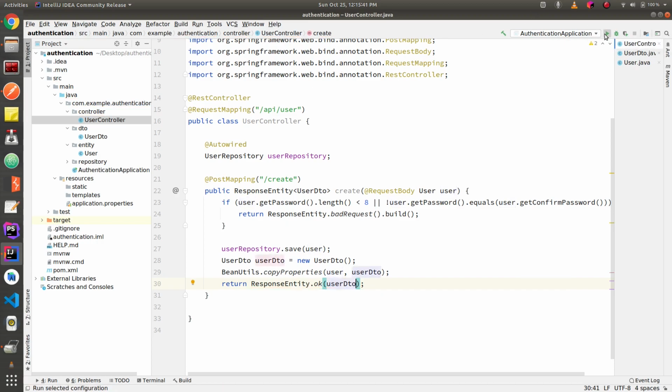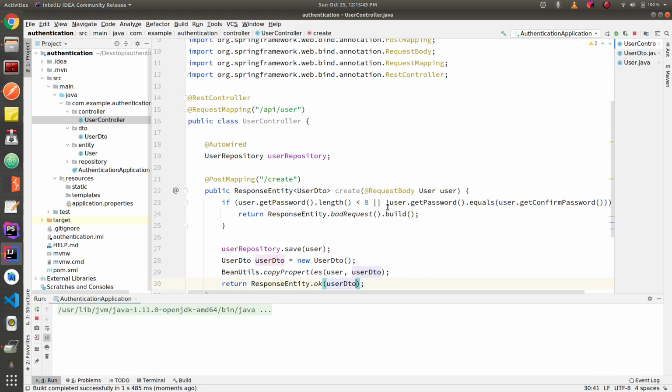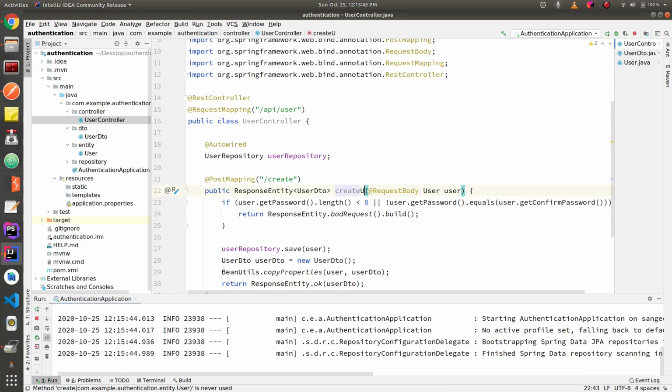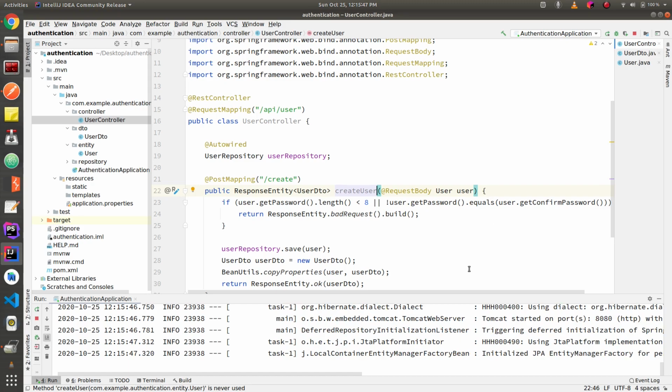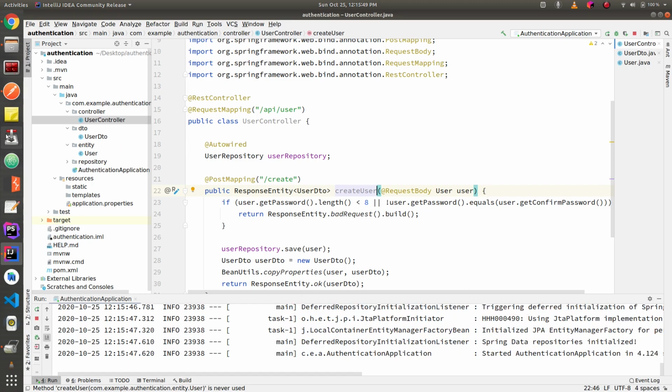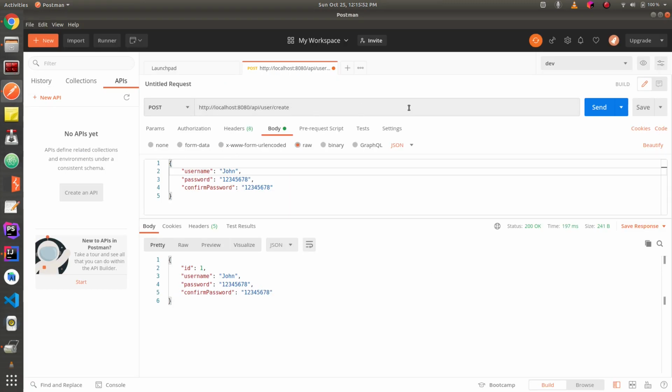Let's run the project. I'll go to Postman and try to call the API. In this case, we have not received any password in response, which is correct. So we have got the desired result.